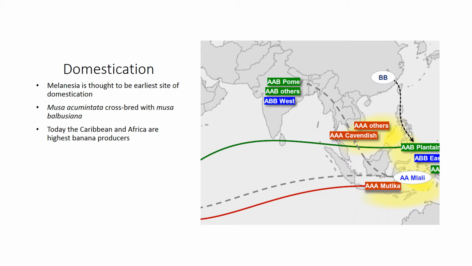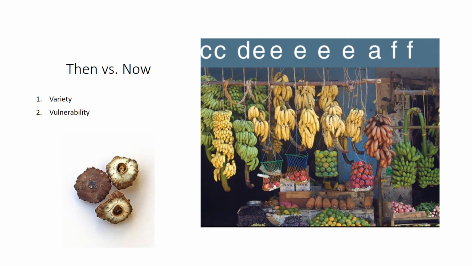So far we've discussed where banana plants grow, where they came from, and now how it got around the world from beginning to present. Lastly, what we want to discuss here is briefly a little then versus now. We've summarized that in two ways: the variety of banana we see today and also the vulnerability. In the bottom left-hand side, you see one of the earliest forms of what we believe to be banana. Okra-like pods, inedible as I mentioned prior. Once crossbred, you then see today's primary version of banana hanging here on the right, along with its most popular cousin, plantains.